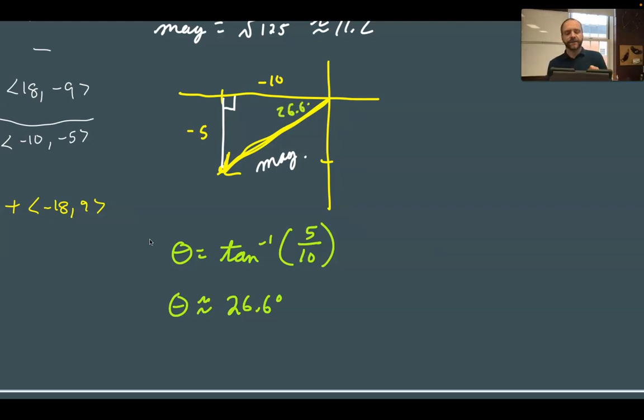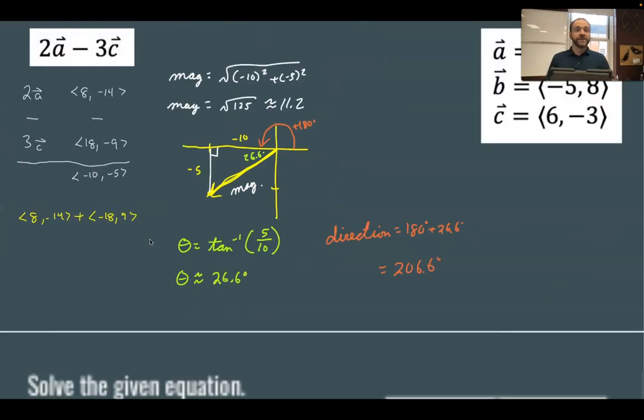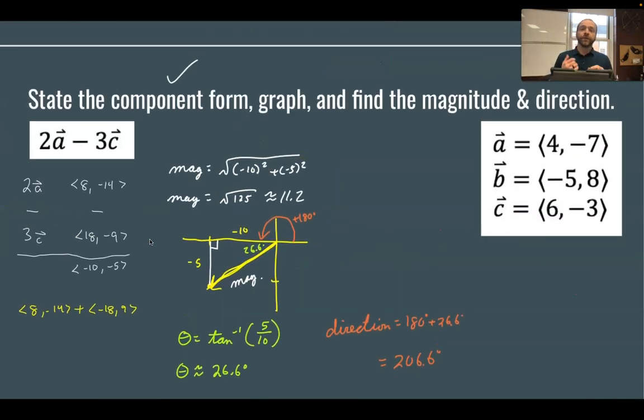I need to still add 180 degrees to it to get the direction in standard form. So to do my direction, I have to do 180 degrees plus the 26.6 degrees. And so my direction is 206.6 degrees. And that's your answers. And I do say the plural, answers, because there were 4 things we were asked to